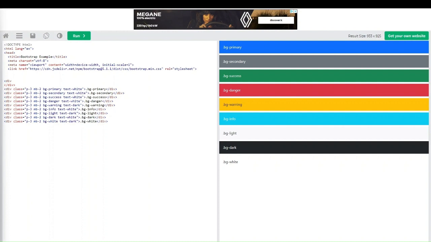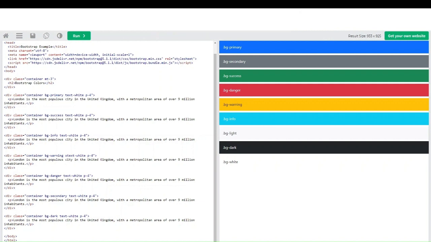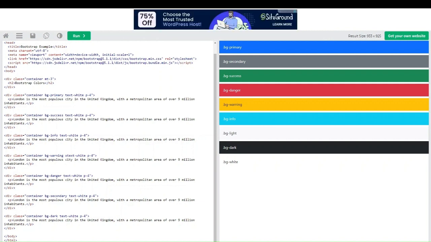To use both the colors and the contextual classes at the same time, it would look something like this. So if we take out all of that, you can see we've got container background primary, which was one of the original background colors, with the text white. Then all we need to do is type in the actual text, to apply that font styling and that background style, the color styling, to the text that we wanted. So it's different to how you would do other things as well. If we run that,